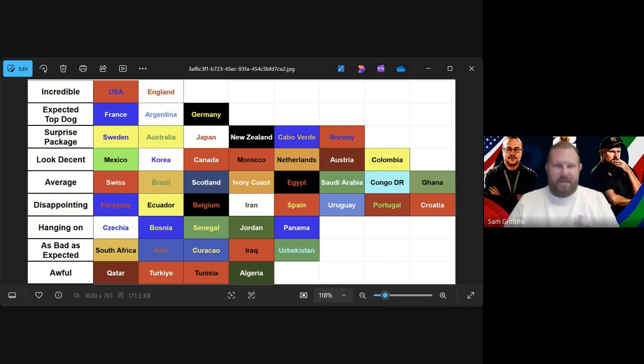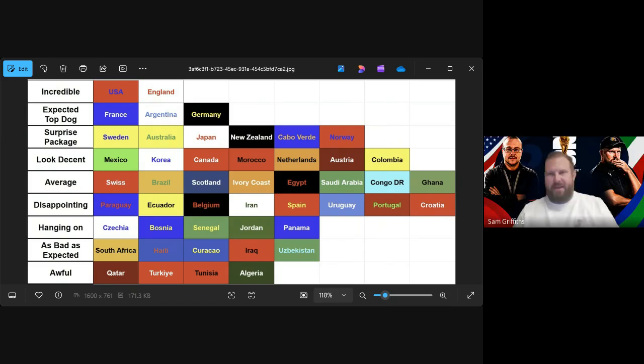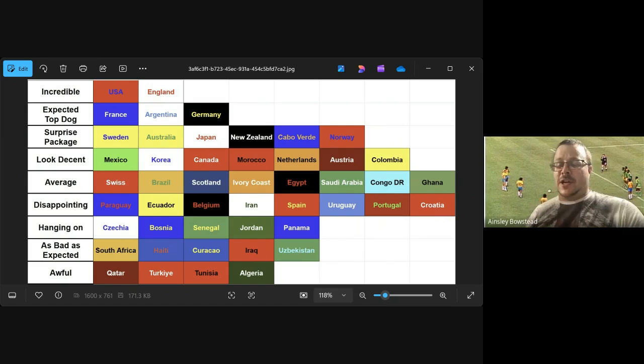Yeah. And then Portugal, what do we say? I mean, they're a team full of stars, but they're a team that doesn't look like they want to give the ball to their striker. I tell you what it reminds me of greatly. It reminds me of the 2002 Portugal, who turned up with Rui Costa and Luis Figo, World Player of the Year, and all these amazing stars. And they turned up for 20 minutes a game.